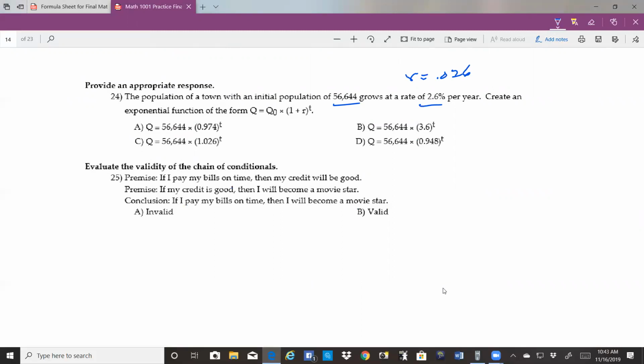Create an equation of the form Q is a population equal the initial population Q naught times 1 plus R to the T. Well, this will be simply Q equals 56,644 times 1 plus 0.026 to the t power, and we get